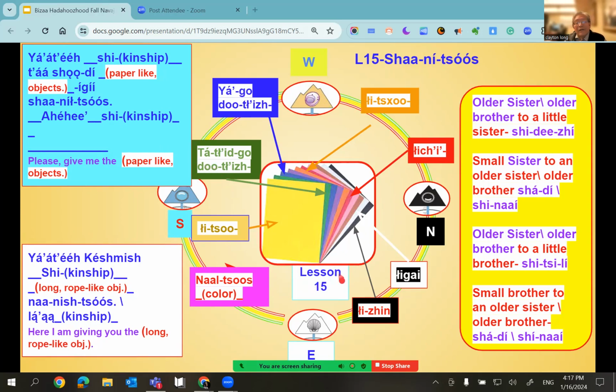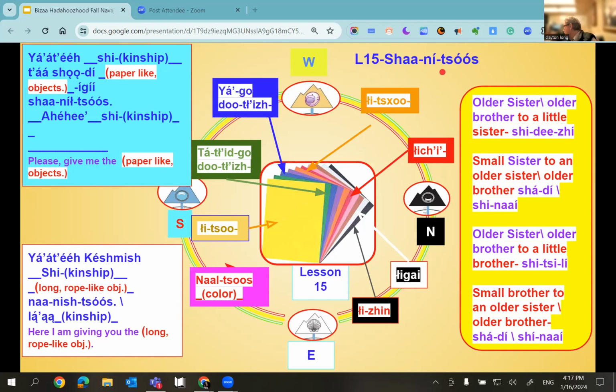All right, let's see, where do we begin? Okay, overall, Shaaníłtsoos, that's paper-like. Sometimes a thing could be stiff. For example, this is flat. This is flat, but it's not flimsy.